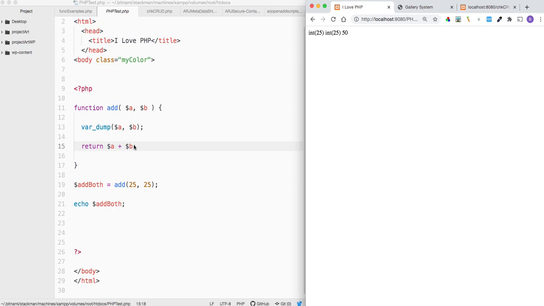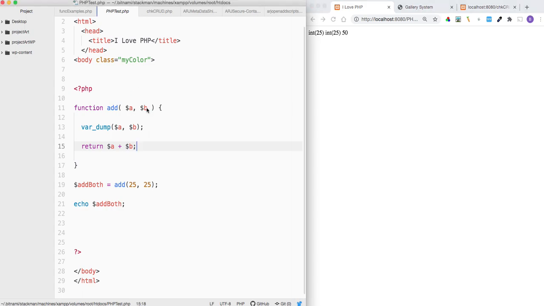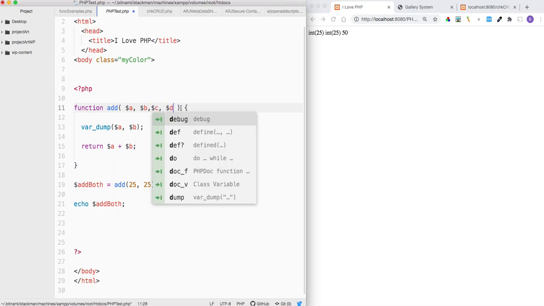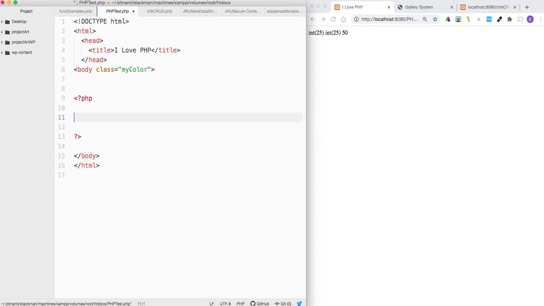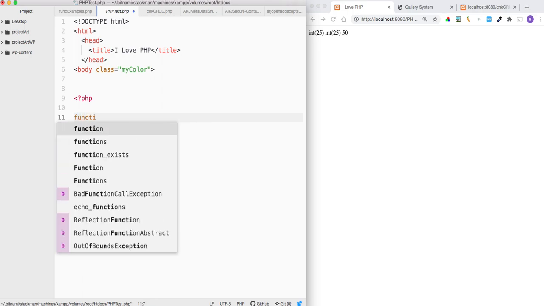What's so nice is that you can put a whole lot more, like $C, $D. I mean, you can do a lot. But right now we're just concentrating on those two. So pretty nice, right? Now here's a function that I'm going to create, and we're going to call it